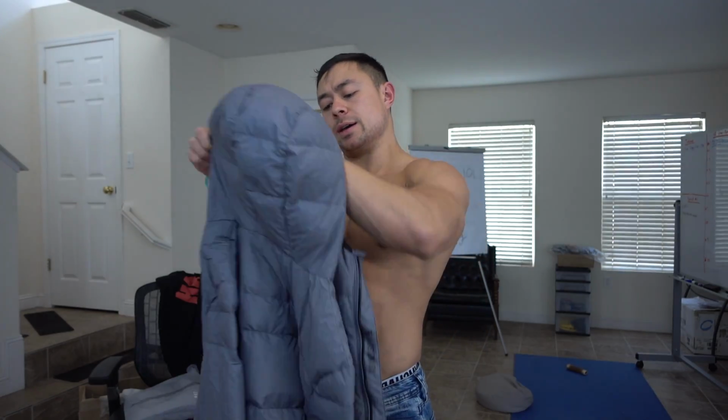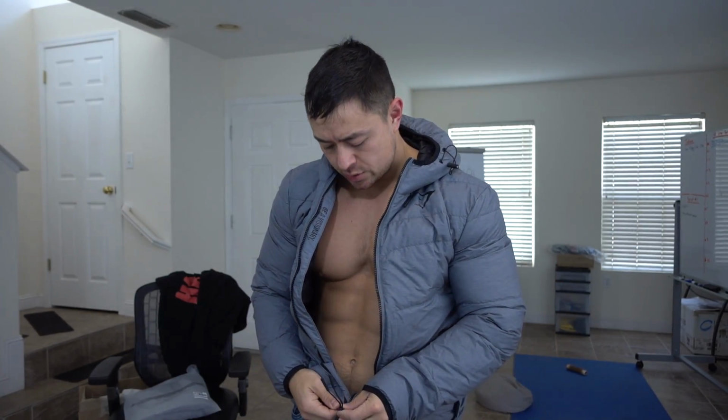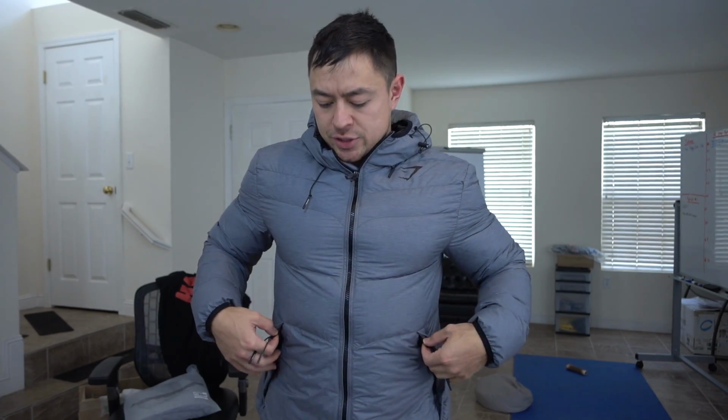Start off with this bad boy. This is the men's sector jacket in the charcoal color, size large. I am about 5'7", 181, 182 pounds right now. Put this up. Okay, I'll definitely be using this when it gets colder. It's October right now and it's starting to cool down a little bit, but come November, December, January, this will